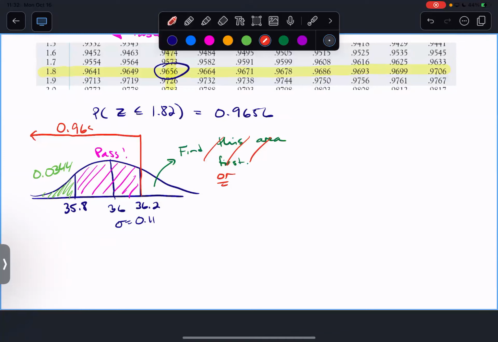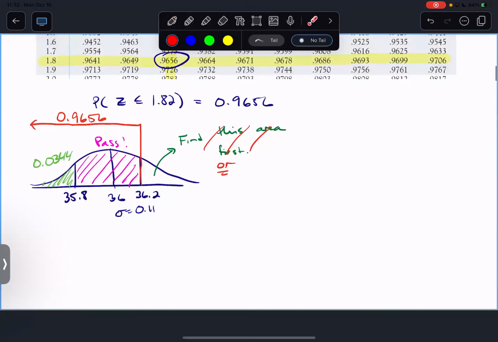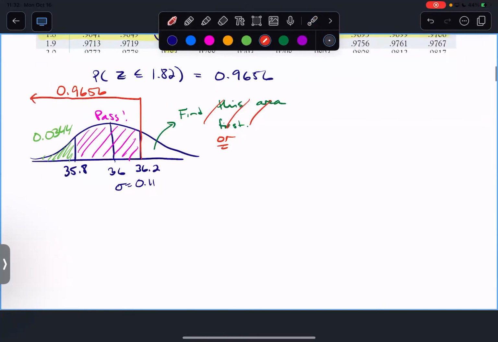is 0.9656. Recognizing that these are just puzzle pieces, I've got this big area here, right? And I want this area, so I can lob off the 0.0344 and be left with the area that I want, right? Or the probability that 35.8 is less than or equal to X, the observations are between 35.8 and 36.2, is